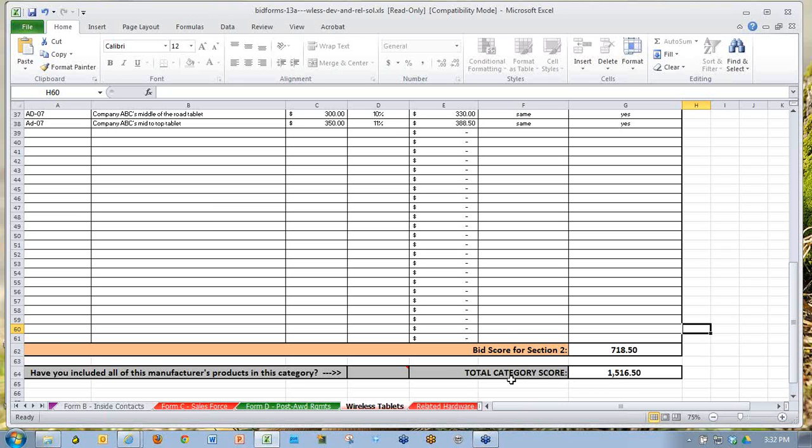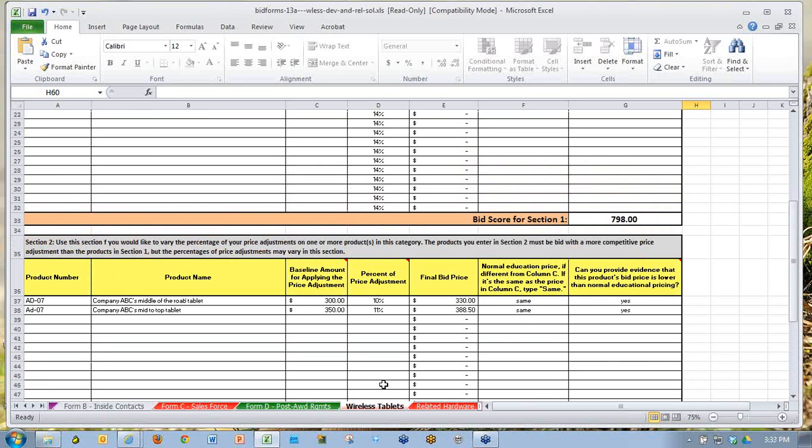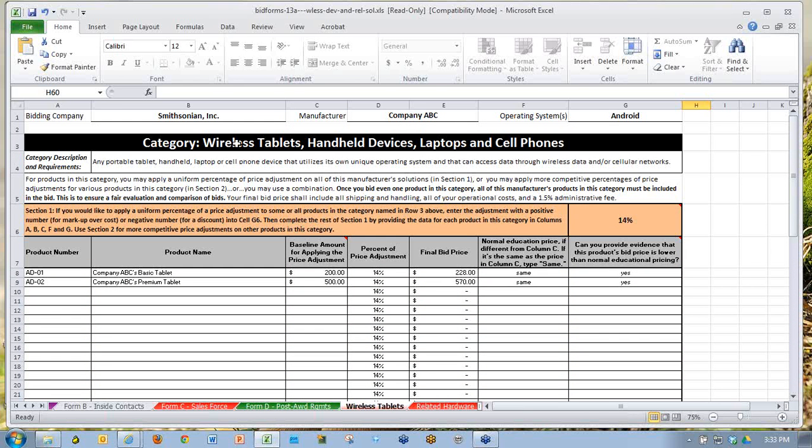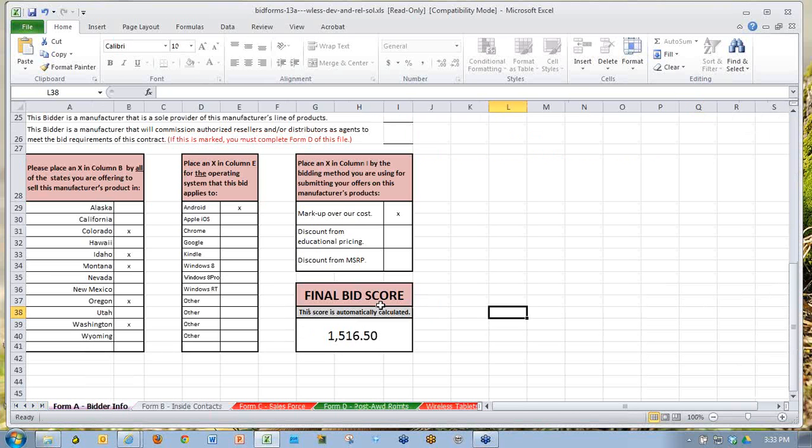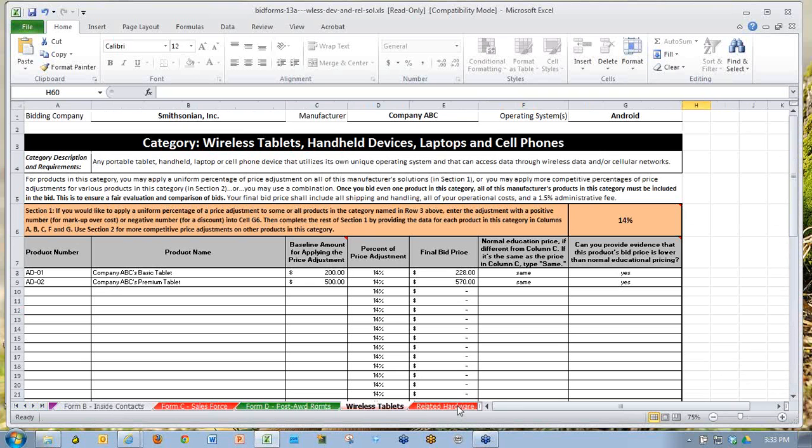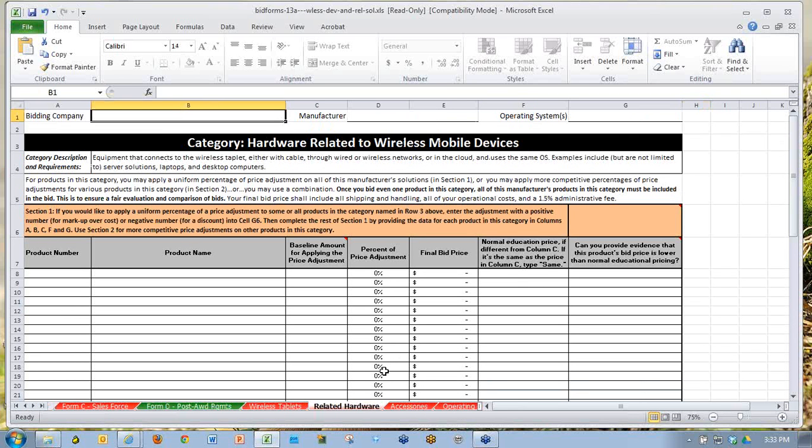So far I've only bid in one category, and that's why the total score for this category called wireless mobile devices up here, or wireless tablets, handheld devices, etc. That's why it's the same as the bid score on Form A. But now, as soon as we go on to another bid form in this set of bid forms for this manufacturer, as soon as we start adding products on this bid form,